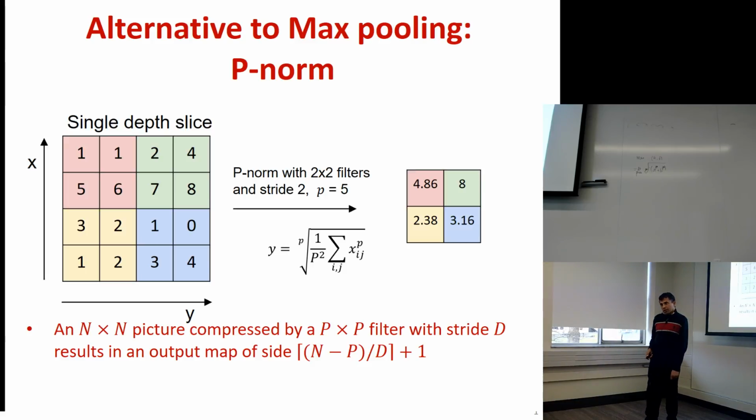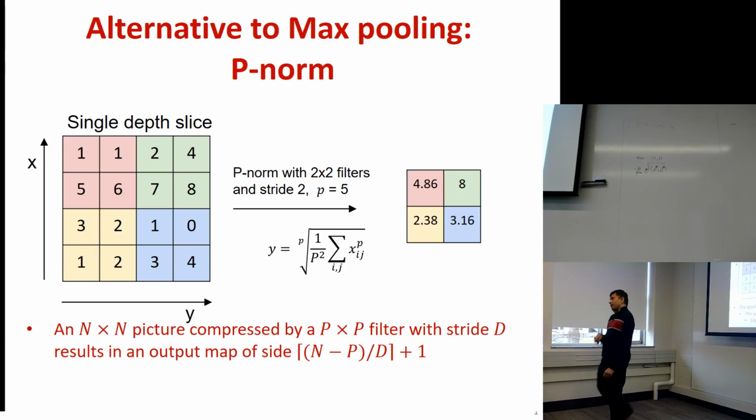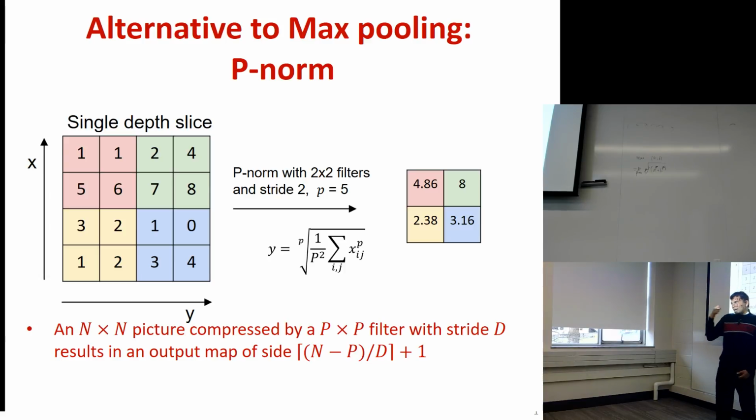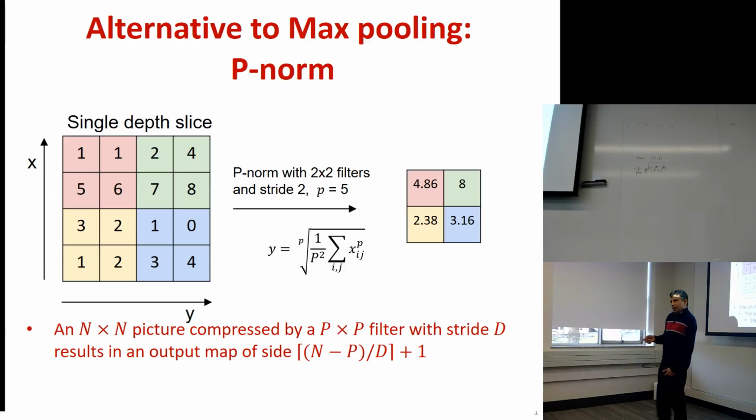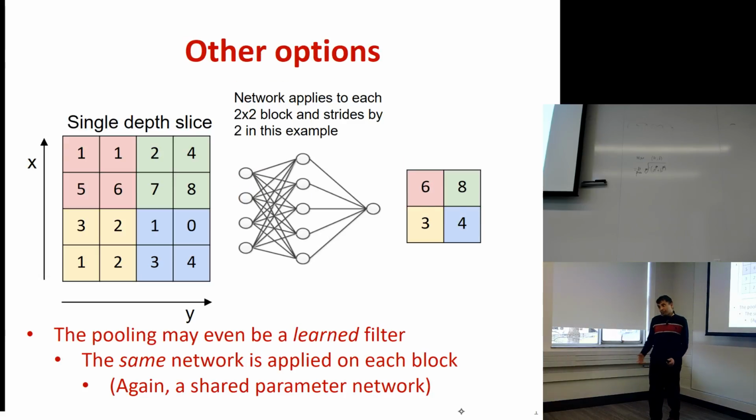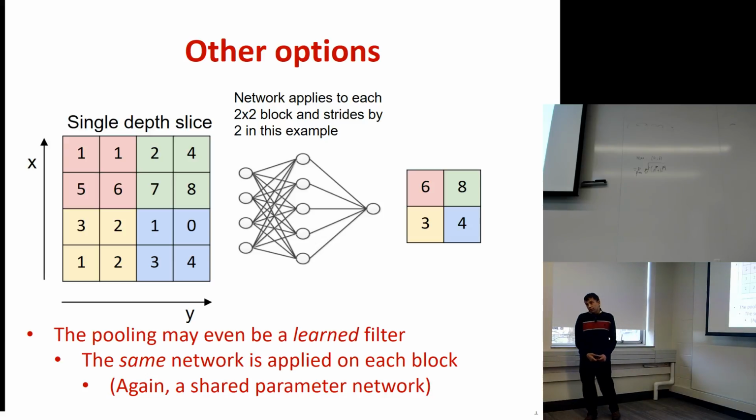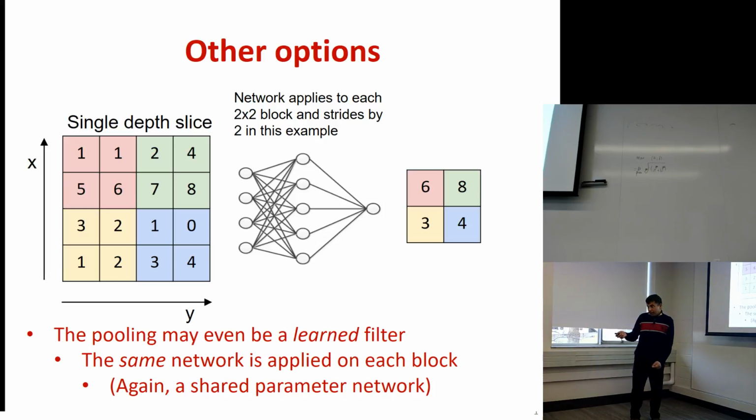but now this is a differentiable function. Or instead of having a fixed response, you can actually use a fixed network which looks at those 4 values and figures out what the output must be. The only point is that this network is fixed. You're going to use the same network. You're effectively scanning with this network, just as you were scanning with the max operation. And so now the max or the mean or the p-norm is being replaced by a network in itself. They call this a network in network, and now the network can be learned, which leads to